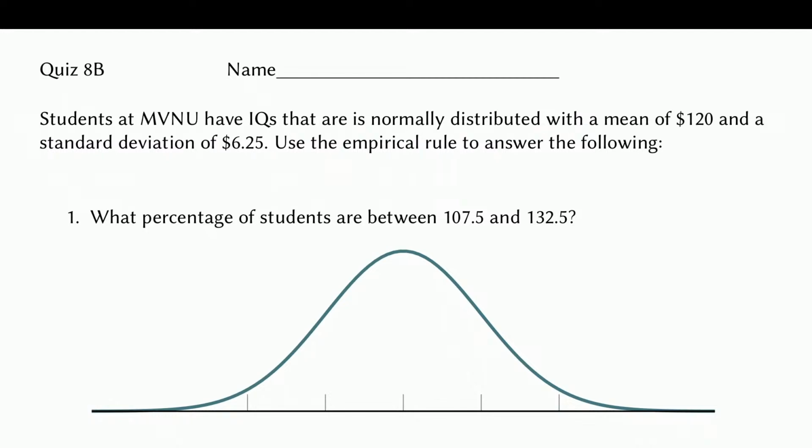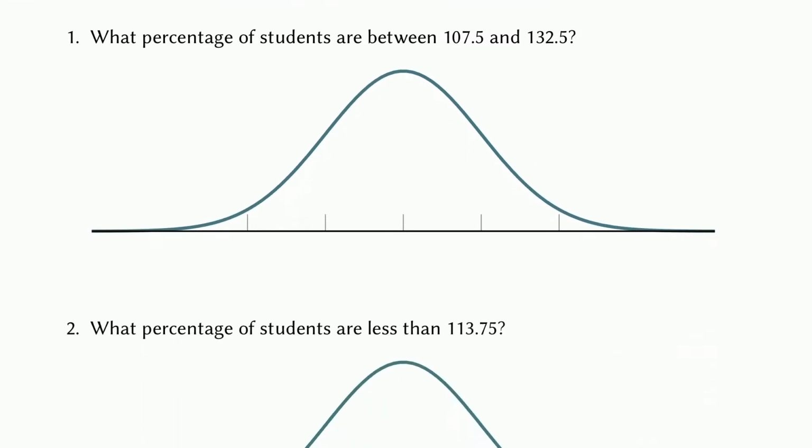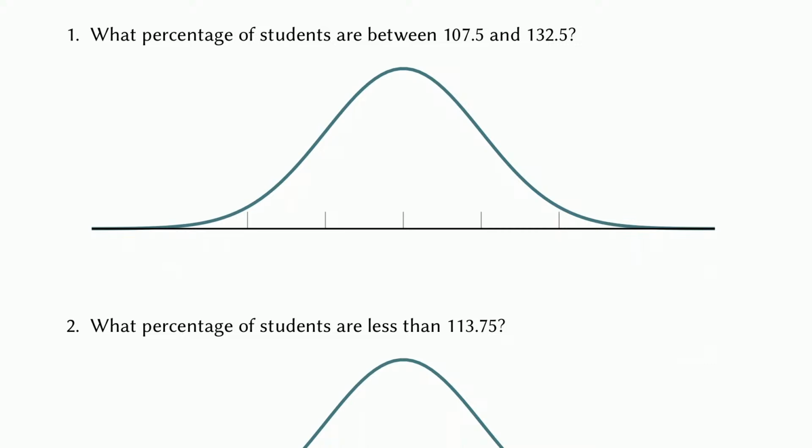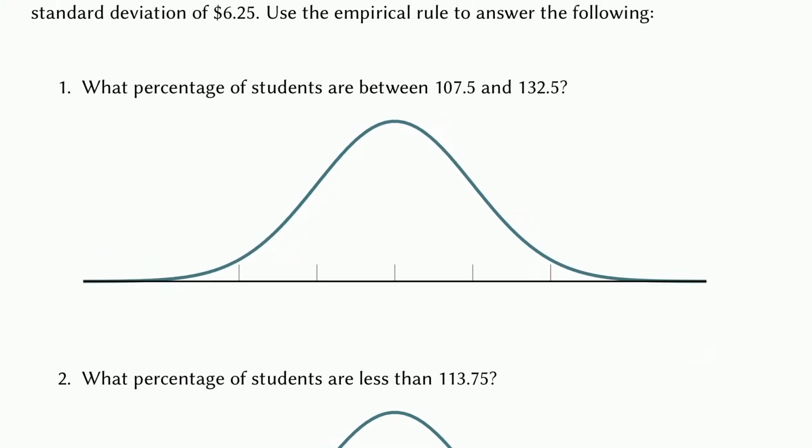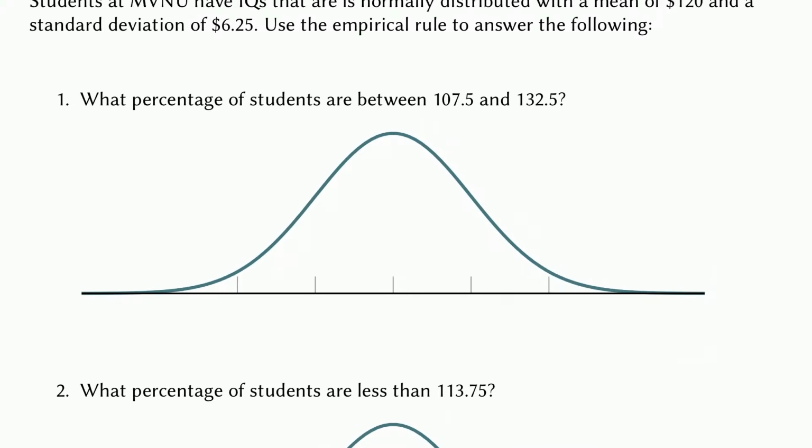I realized that when you do this on Newton, you can get away with skipping a bunch of steps and just writing down the answer. But humor me and write it out, show all your work, in other words. So here's the work that I'm hoping you show me. And like I said, this is going to be super important a little later on. So the first thing is I've given you a normal curve, and you're supposed to, well, it doesn't say you have to do this. It will say you have to do it a little later on in the semester.